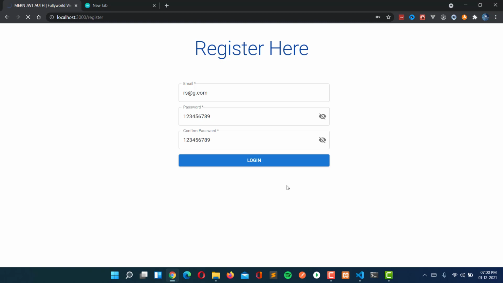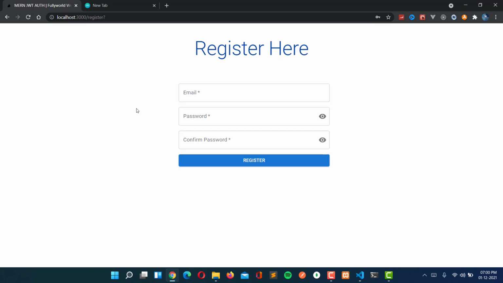We will just check that whenever the user logs in, we check if the user is verified or not. If the user is verified, then we move the user to the dashboard page. Otherwise we will not move the user to the dashboard page. Then we will apply the validations for the route also, and after that we will connect our backend with the front end. First of all we will connect the backend with the front end with the help of proxy only.